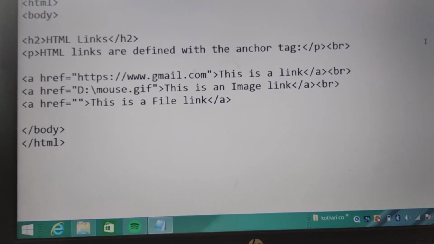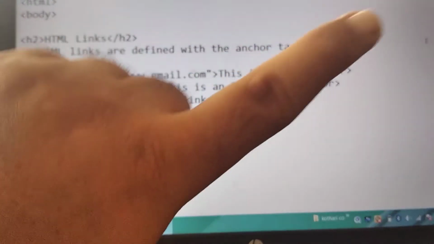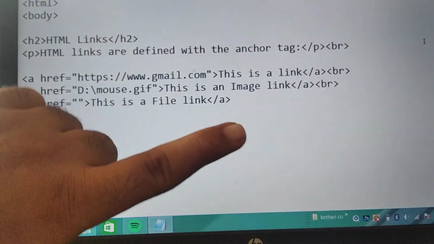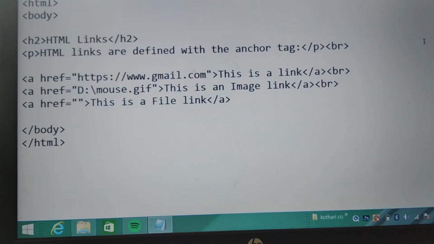What happens? Your mouse pointer over the screen will be changed to a finger-type shape. I will show you the practical also, student, but first some important topics you should know related to the anchor tag.